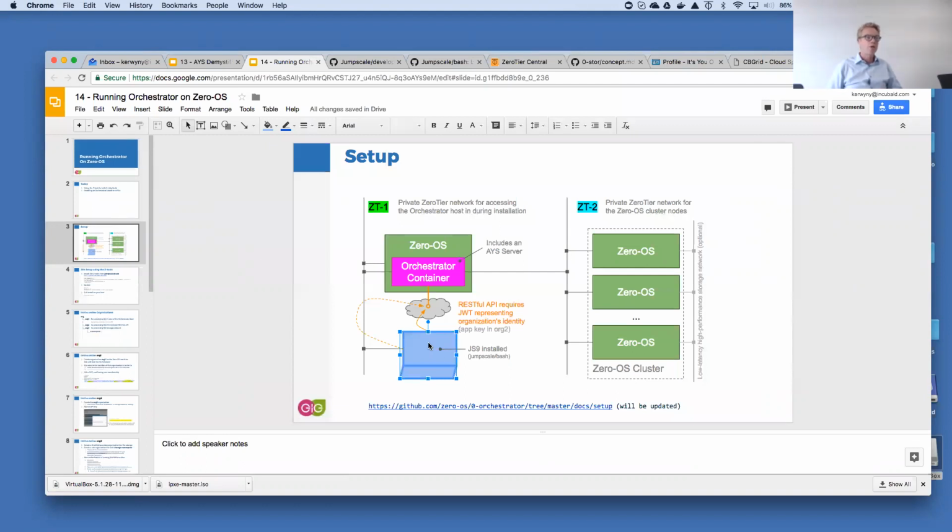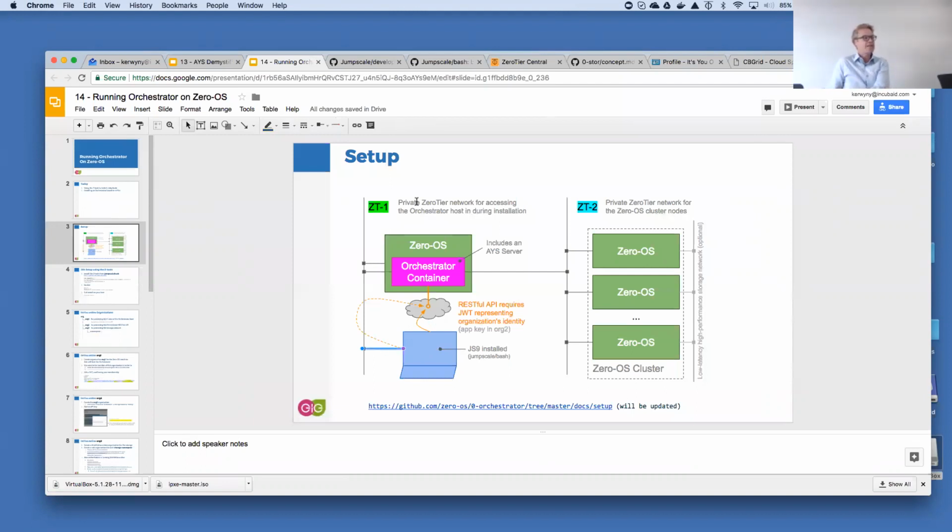You probably will want to use the Z tools this time to have that done. Once you have JumpScale 9 installed, the next step is to join the zero-tier network. So you will join the very first one, the ZT1, because the installation will be done through that zero-tier network on the ZeroOS.